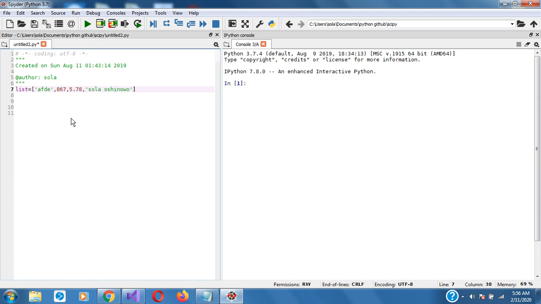So let's basically do the same things we did with the string data type. So we would print list, this will print the complete list,